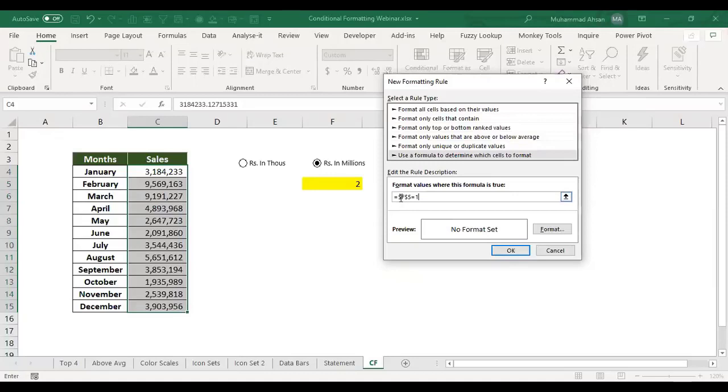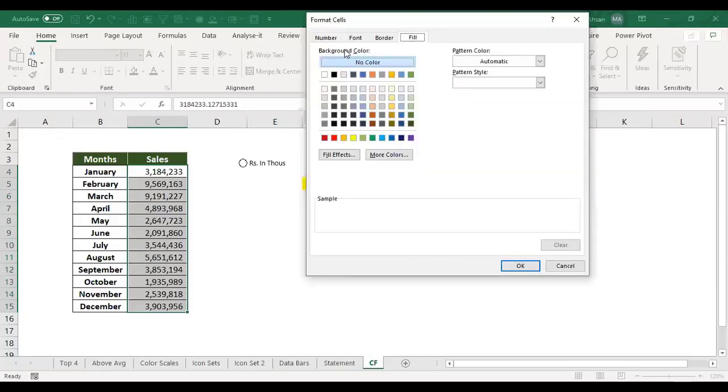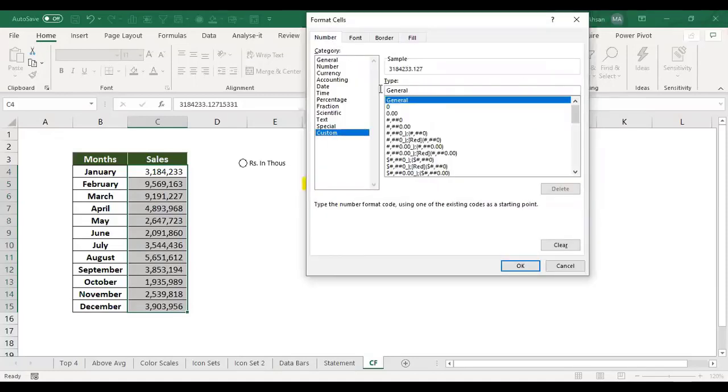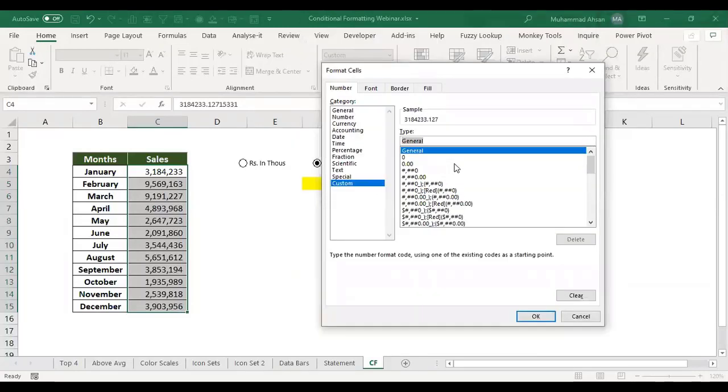So I am saying to the Excel conditional formatting, if F5 is equals to 1, then go to the format, number format, custom, and here I can give a custom formatting for these full numbers. So what I need is hashtag, which means any number, either small numbers or large numbers, any positive number or negative number. But technically, if you know the custom formatting rules, you know that in the custom area you have 4 sections. First for the positive numbers, then for the negative numbers, then 0, and then general text.